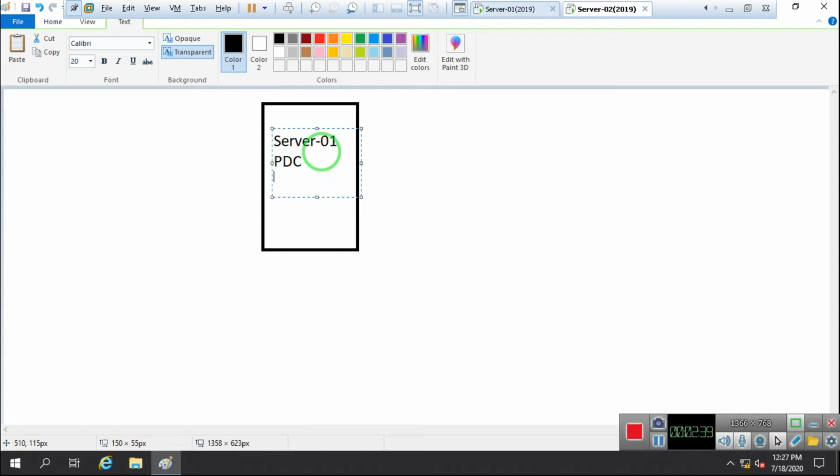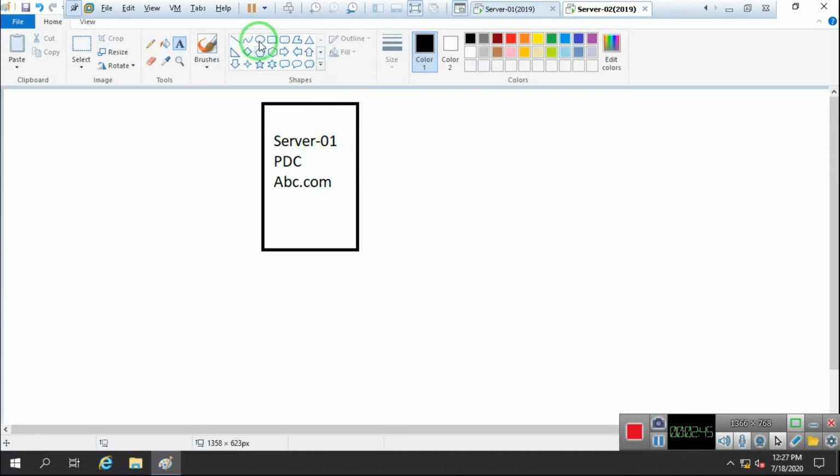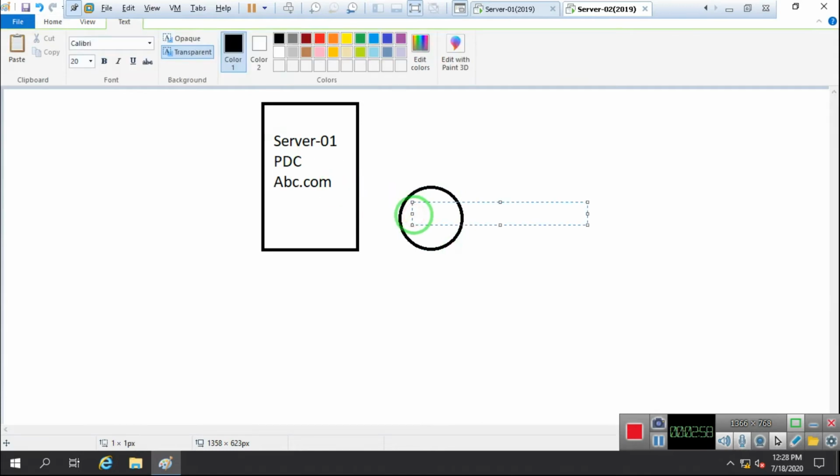My PDC domain name is abc.com in my case. Now what I need to do is attach one storage. Right now I don't have a physical storage, so I attach one virtual storage. Imagine this is my virtual storage, my hard disk. This is my virtual hard disk, HDD.